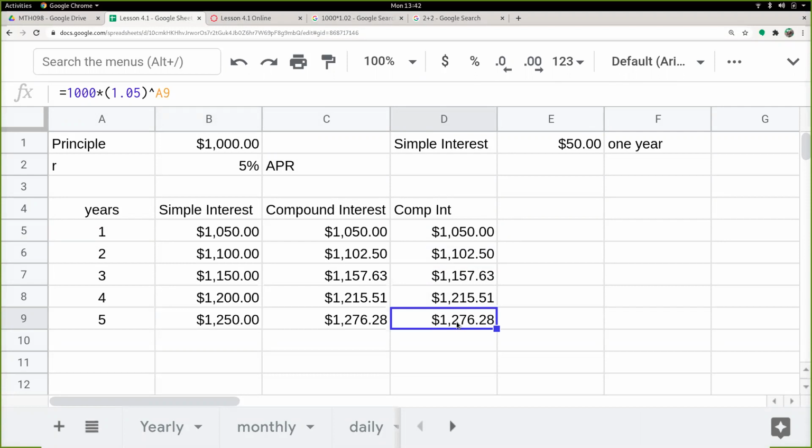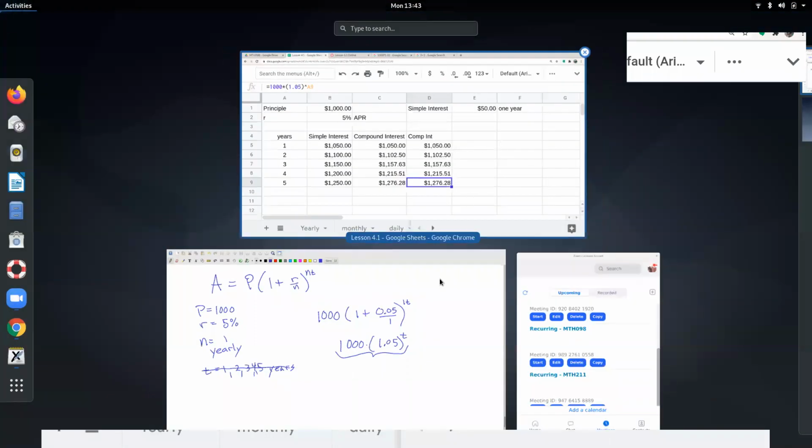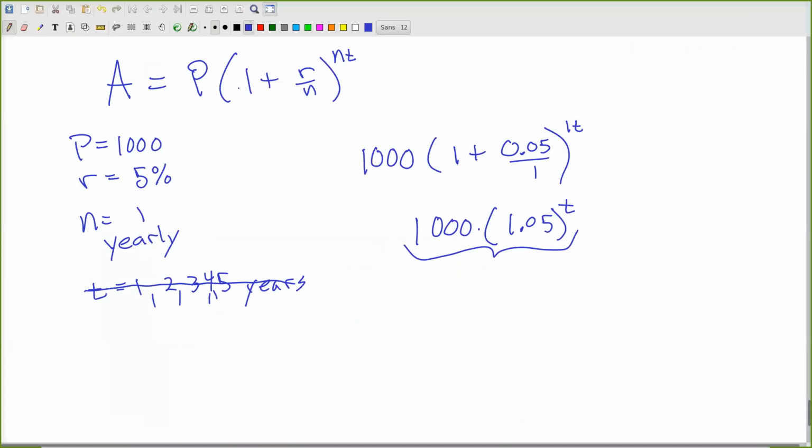So next class, I'll show a slightly different way to do that on a spreadsheet. And there's a homework problem related to this where a spreadsheet could be really helpful. So let's get out of here. Again, compound interest formula, super important. And that's about all I have for now, unless